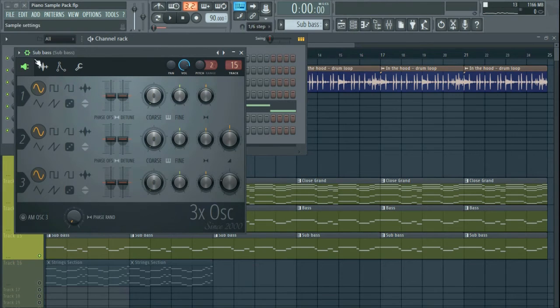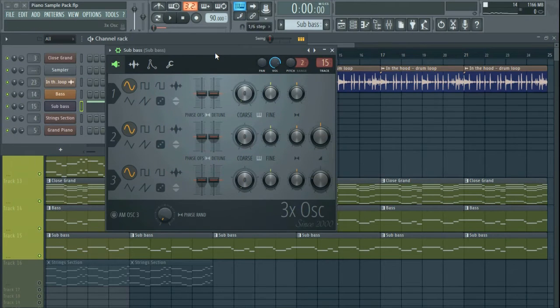This is just 3x OSC, an oscillator. This is an internal plugin from FL Studio, and what I did was lower the chorus, basically minus 24 semitones.